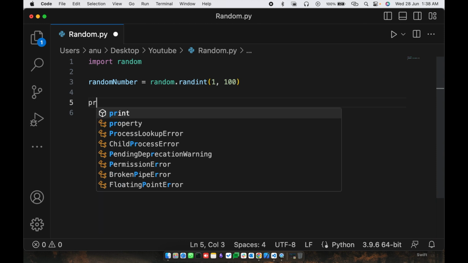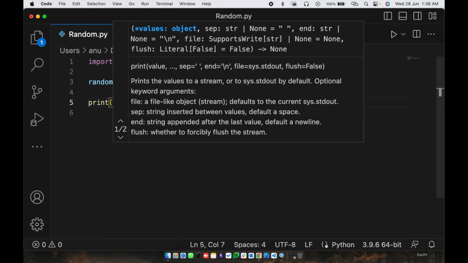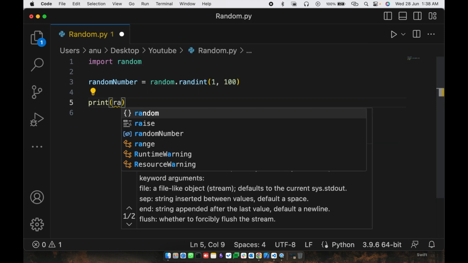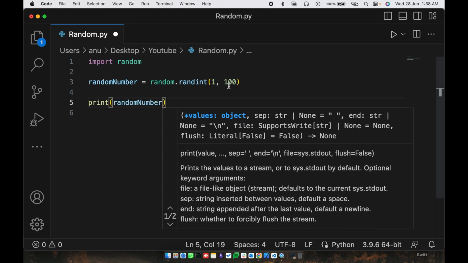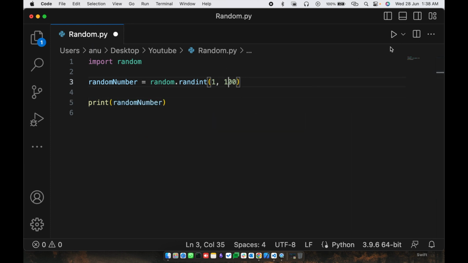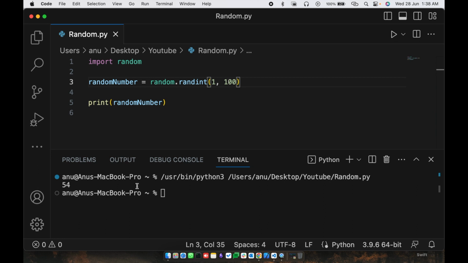So let's print it out. We'll print the variable that we created. It's called random number. And yeah, that's it. Let's just run it and see what we get. So we got 54. Now this is a random number that we got, and the range is between 1 and